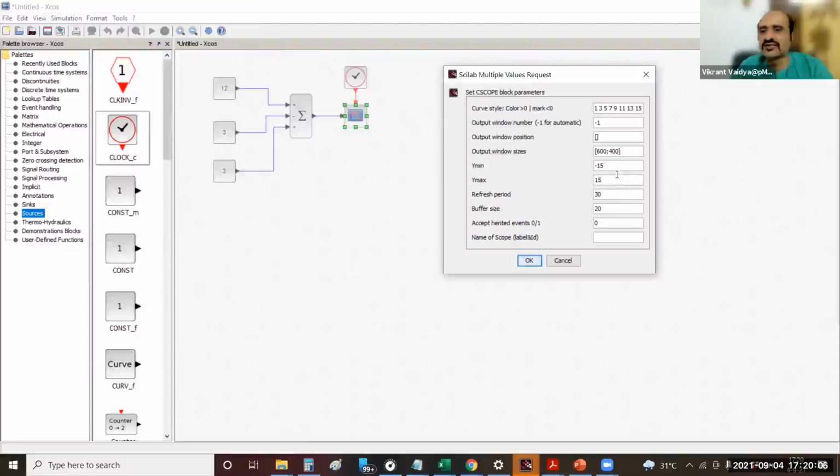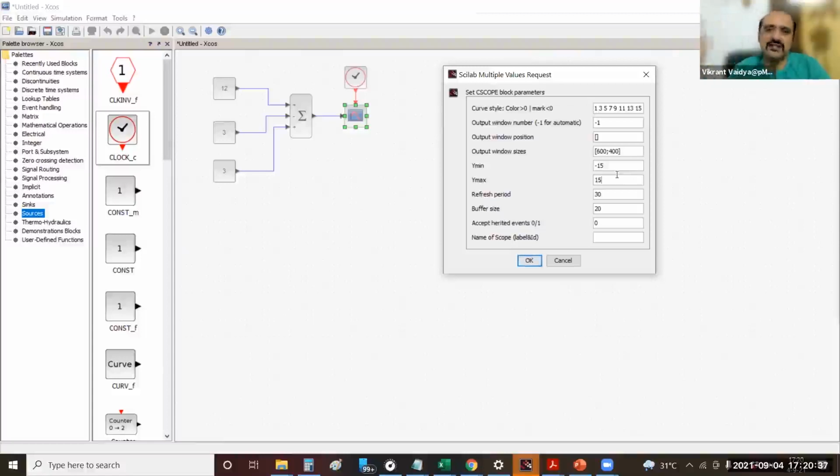You can leave it or you can change it if you want, particularly when we know what we are plotting and what the numbers would be. So for example, if you are plotting vehicle speed and your vehicle speed is going to be more than 60-70 kph maybe, we are not probably simulating anything in reverse. So -15 doesn't make any sense. You can change it to 0 as y minimum and 70 or 80 as the y max.